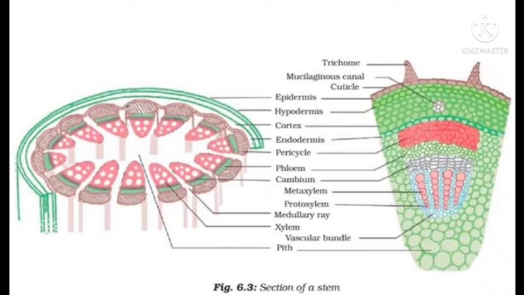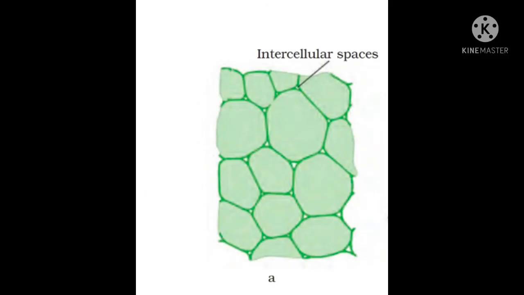My dear students, this image, you have to remember this image, the section of a stem. A question might come to draw this section of a stem. So in that, labeling is very important. This is the structure of the parenchyma. My dear students, see these attentively. Now we will move ahead with the parenchyma.